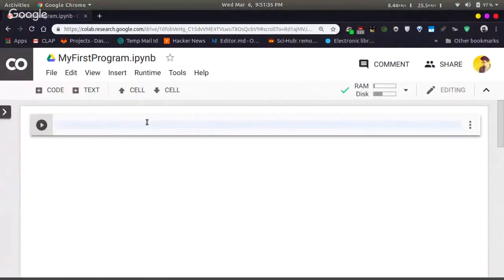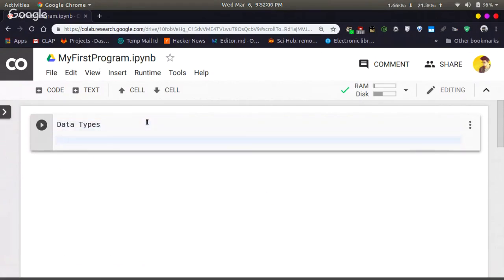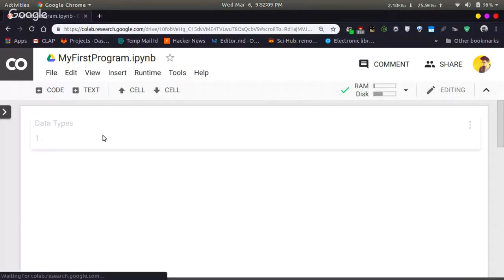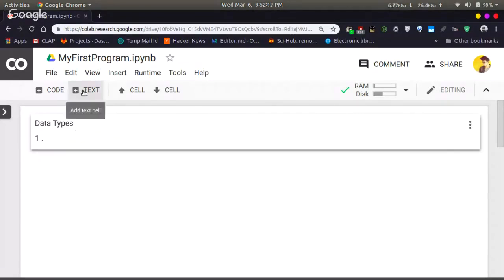So as I have mentioned, what is a string? Okay, leave that. Let us look at data types. There are different types of data. String is a data. Integer is a data. Floating is a data. Like that, there are different data types available. I will list down the different data types. What I have done now is I just converted this to a text so that you can have a better view.